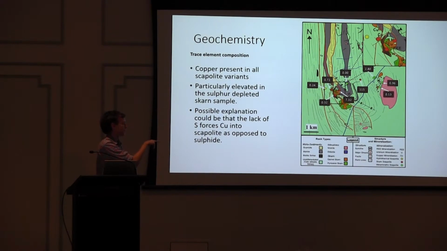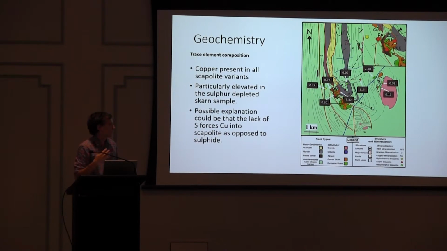this is average ppm copper, I believe, at each sample site. And what we find is around Elaine Dorothy, there's really not that great an enrichment in copper, quite uniform with the stuff to the east. However, at that one particular point, sitting right in the middle, that one skarn point, we had an average of 115 ppm copper. So we interpret that as saying that yes, scapolite is capable of indicating fertile fluids, but then